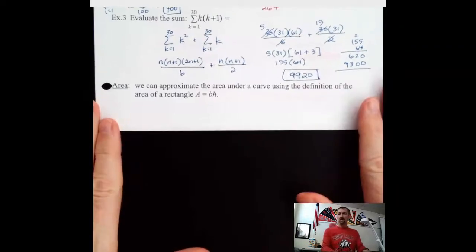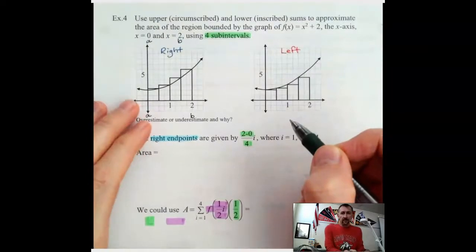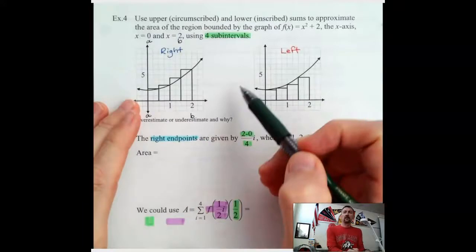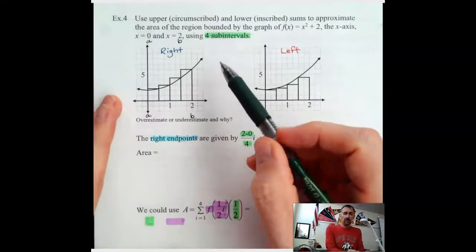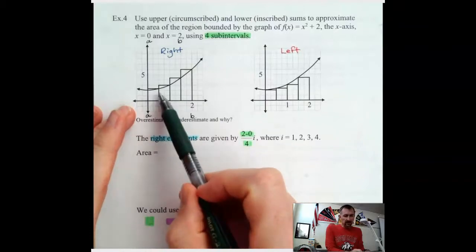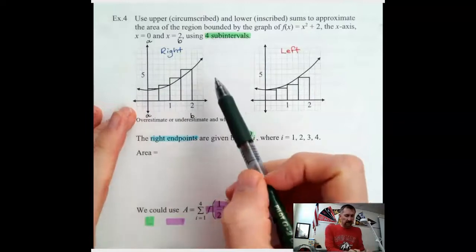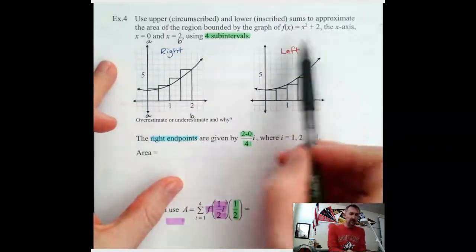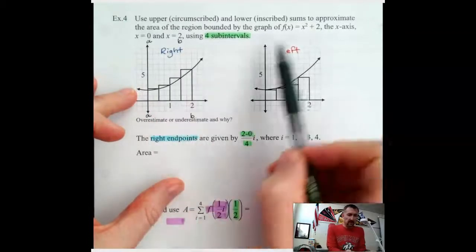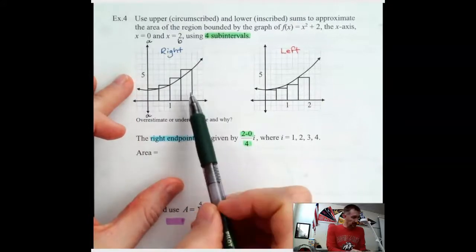Okay, so that's some review. Those of you who had honors geometry did something like this, area under the curve. We can use rectangles to approximate the area underneath. This problem gave us a parabola. We stretched out the scale here to spread it out a little bit, and they want us to find the area from 0 to 2